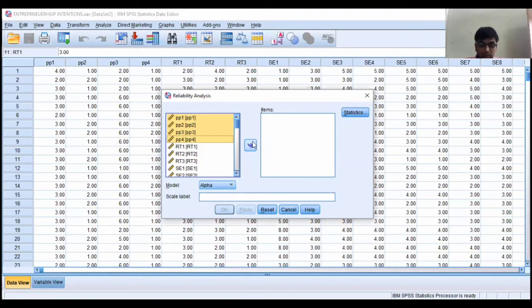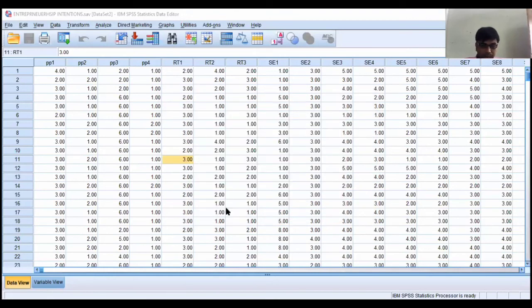So just transfer these and press OK. In this way, you can assess the reliability as per the categorized variables. So this is all about how you can analyze the reliability of your scale, for all the items or category-wise items, meaning how you categorize the items under various heads.